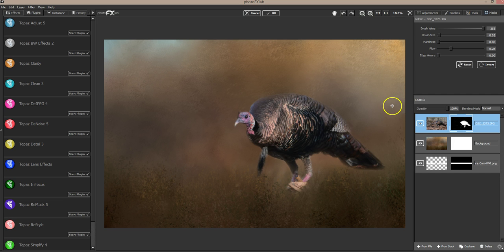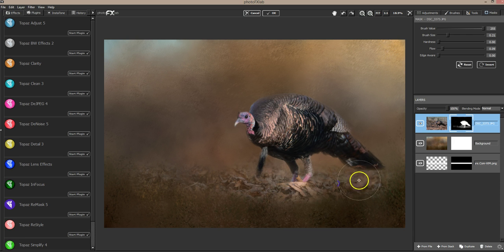Okay, that looks pretty good. I do want to bring some of his leaves in through here. So I'm going to bring back some of that. I'm going to make a bigger brush, lower the flow, and just gently tap to give this the illusion that he's walking in the woods. And he's walking on some leaves. This leaf is a little too bright, but if I bring back some of the other leaves around it,